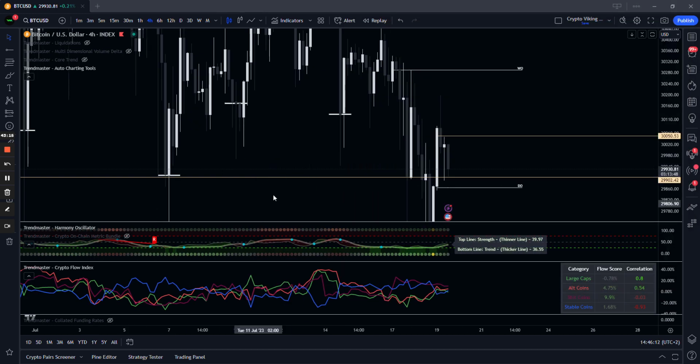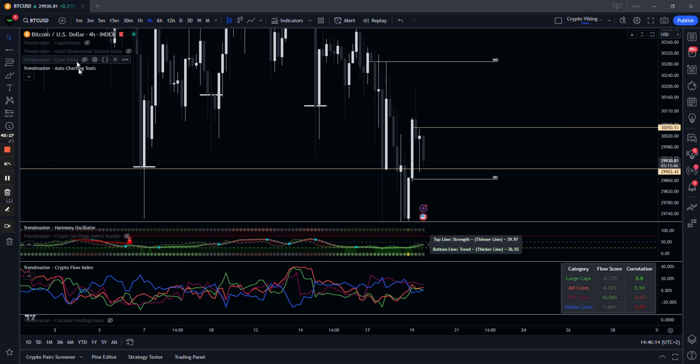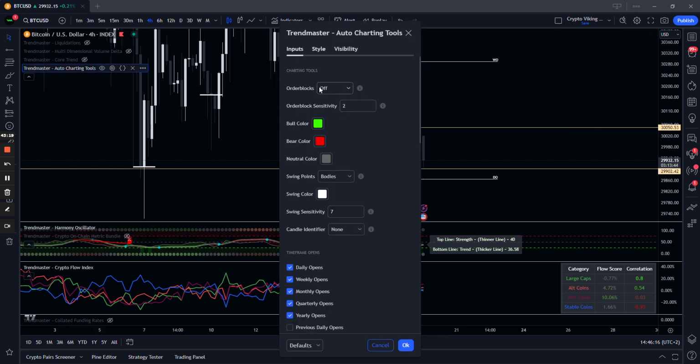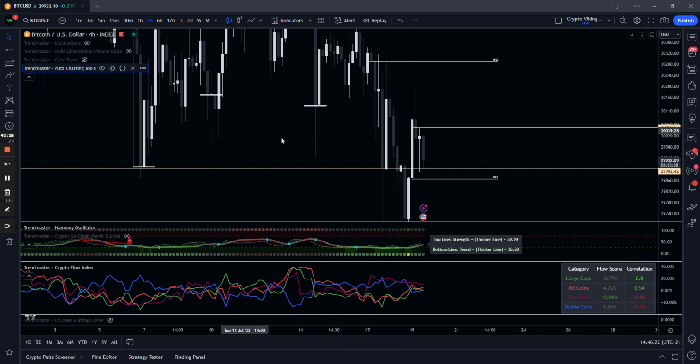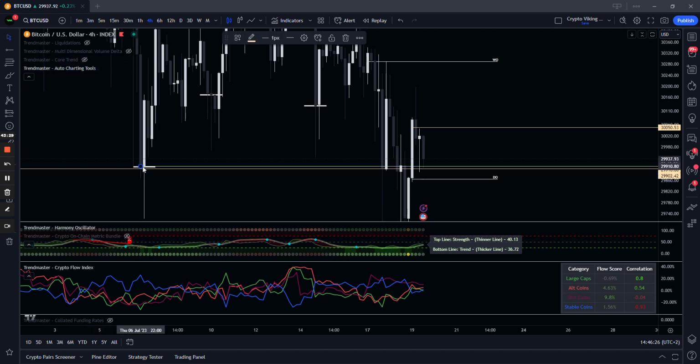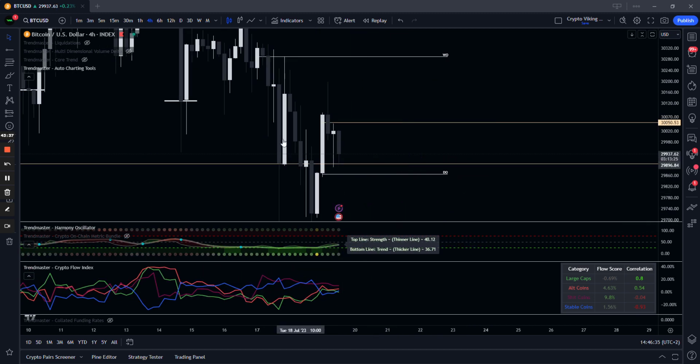Because learning TA like this is not hard. Using levels, simple things, like for me, I use the swings, right? I use the swings, I'll put it on the bodies, and then I'll usually put it at 7. It catches most things, and it gives me very easy identifiable levels that are super important to the local price action, right? And they are. So use your tools, understand your own emotions,